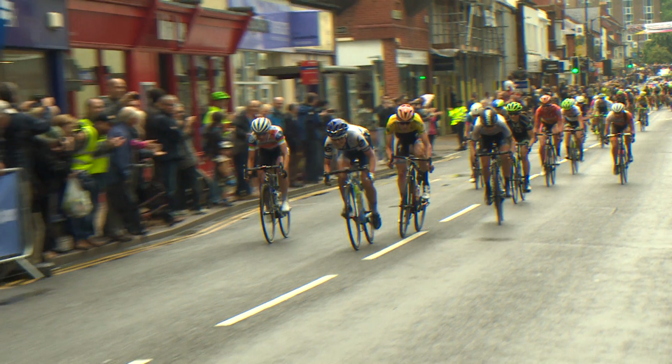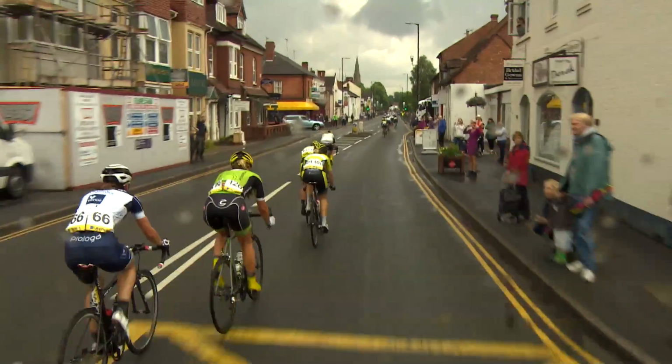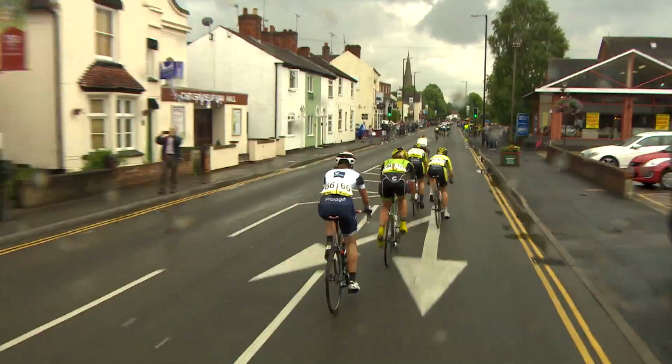Talk us through this then, Sarah. Yes, you can see Marianne Voss on the right in her Chain Reactions points jersey, and Ebba Johansson there on the left. But it's Christy Majerus versus Marianne Voss for that. Well, we'll wait for it. There it is. So Lepisto got the 3, but importantly, Majerus has increased her lead over Voss by 1 second